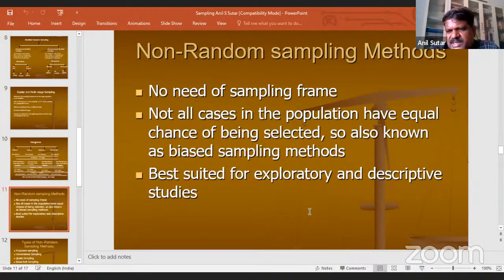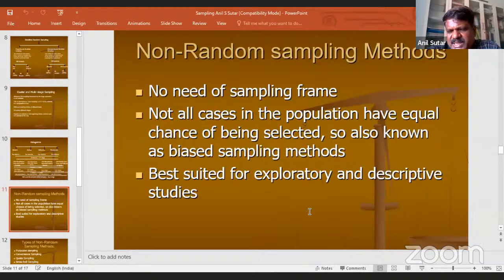Then once the results show a kind of efficiency or significance, then you can think of random sampling methods at a larger level. So with these non-random sampling methods, one more idea is that these are used in case of small groups, not like large surveys. Ideally speaking, for testing internal validity, the non-random sampling methods are used.